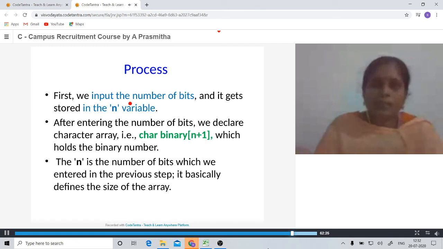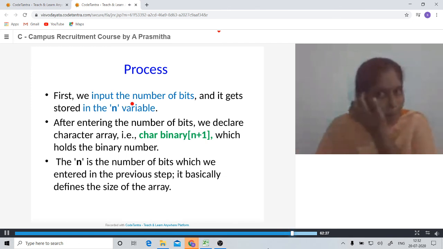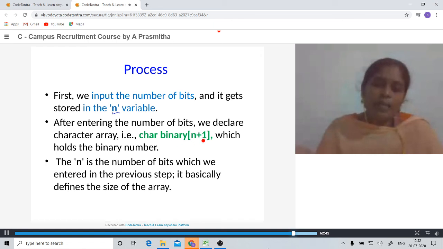First, input the number of bits and it gets stored in n. After entering the number of bits, we declare a character array binary of n plus 1. n is how many bits we are going to give. We create a character array of size plus 1 because we need to store the special character null.